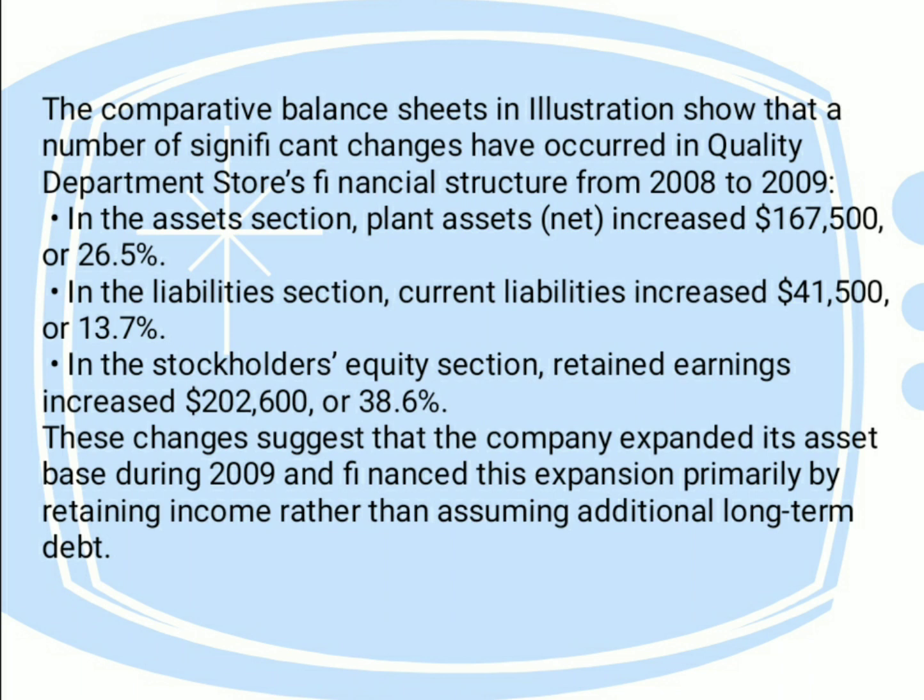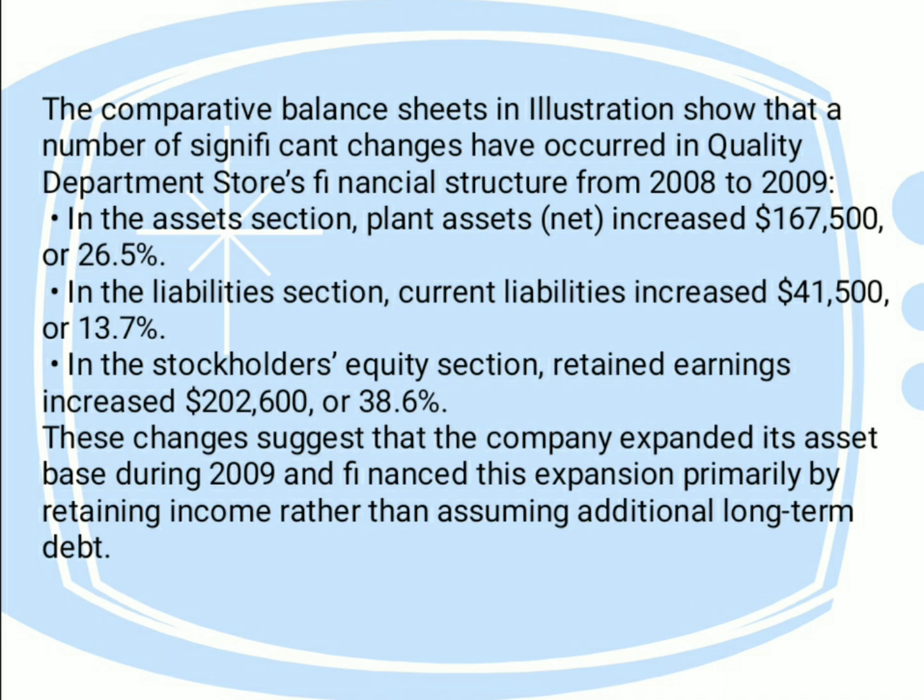Horizontal analysis. Balance sheets. The comparative balance sheet in the illustration shows that a number of significant changes have occurred in Quality Department Store's financial structure from 2008 to 2009. In the asset section, plant assets increased 167,500 or 26.5%. In the liabilities section, current liabilities increased